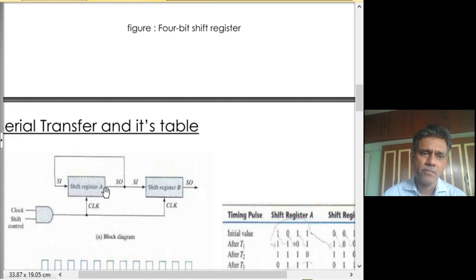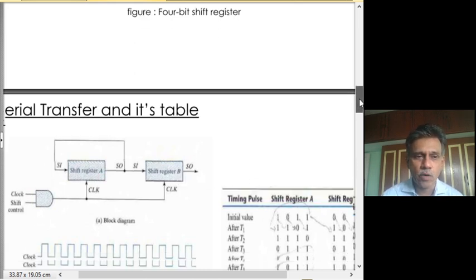While the output of this A shift register, that is the serial output, is connected to the serial input of the B shift register, if you do 4-bit shifting, then all these 4 bits will be transferred to this B shift register. The least significant bit will eventually come to this place. To begin with, it will occupy the most significant position, and then it will get shifted 1 bit at a time, and eventually it will occupy here. But for that to happen, we have to generate only 4 clock periods,